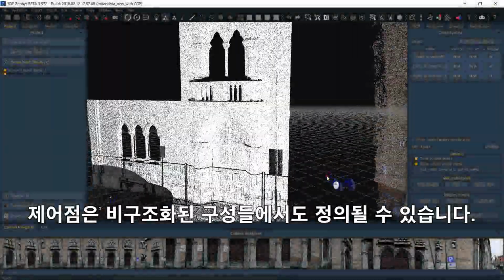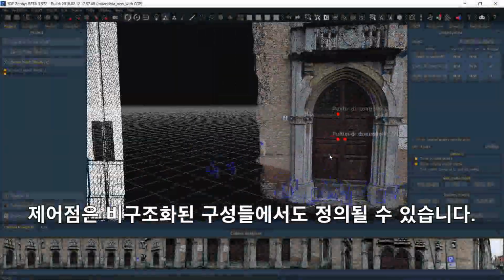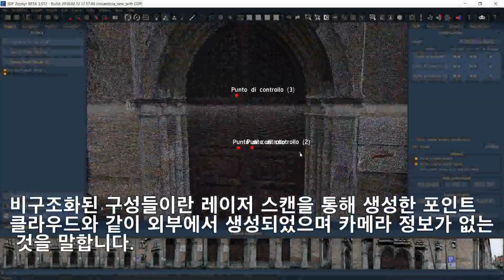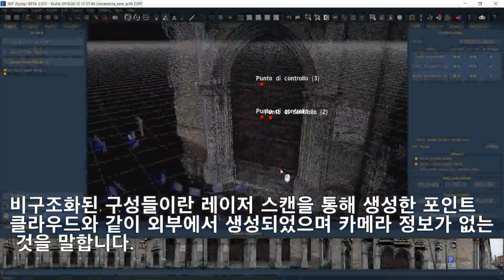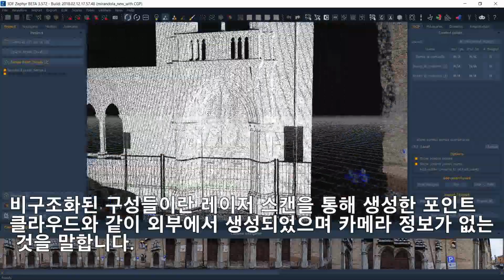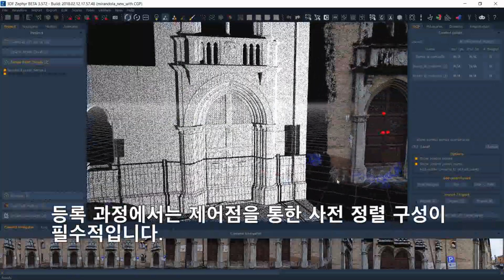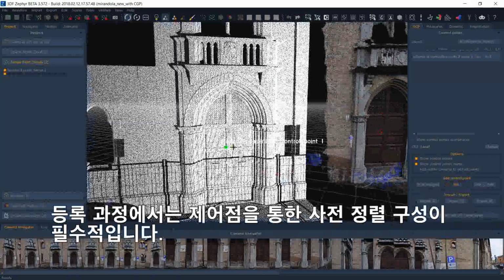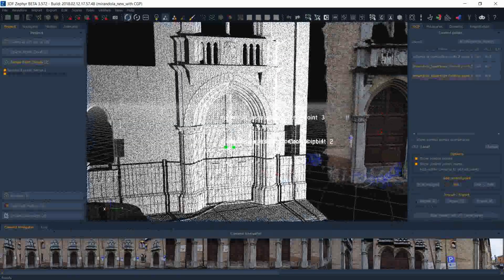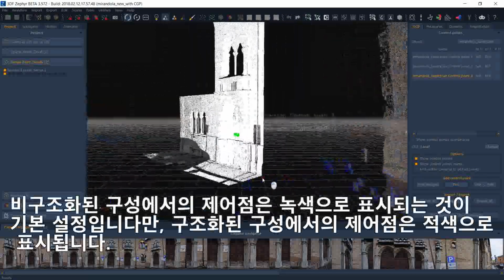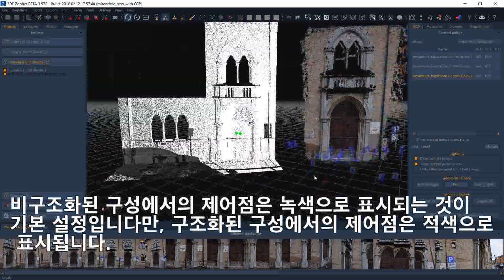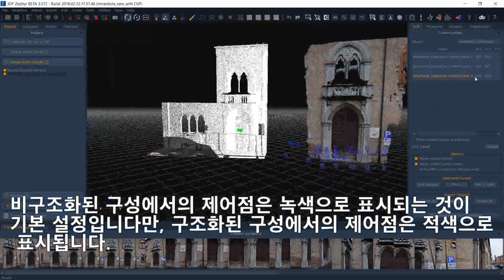Control points can be defined over unstructured elements as well. Unstructured elements are externally generated and have no camera information, for example, a point cloud generated by a laser scanner device. Using control points to pre-align elements is a vital step during registration, which will be discussed in later tutorials. Control points over unstructured elements are drawn in green color by default, while structured elements color points are drawn in